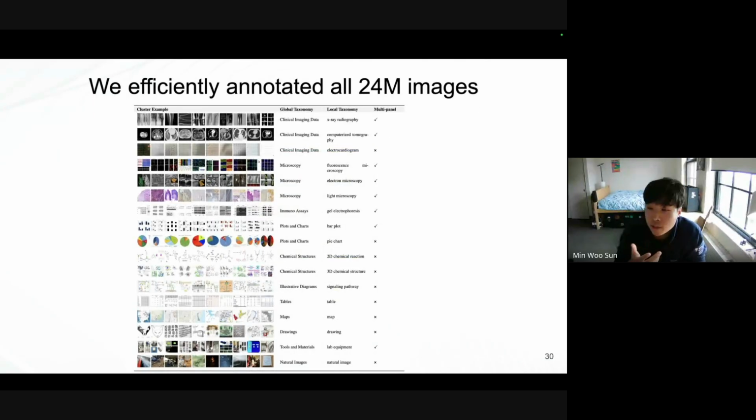And so this is the result of the concept labeling that we did. Each row here represents a unique cluster. And as you can see by each row, you can really see specific good delineation of concepts. So we see radiology images, we have microscopy, and then you start seeing things like plots, things like pie charts, bar plots. And so you can see, despite it being a very simple approach, a more traditional supervised learning approach that was supposed to be fast, we're able to get these clean clusters for our images.